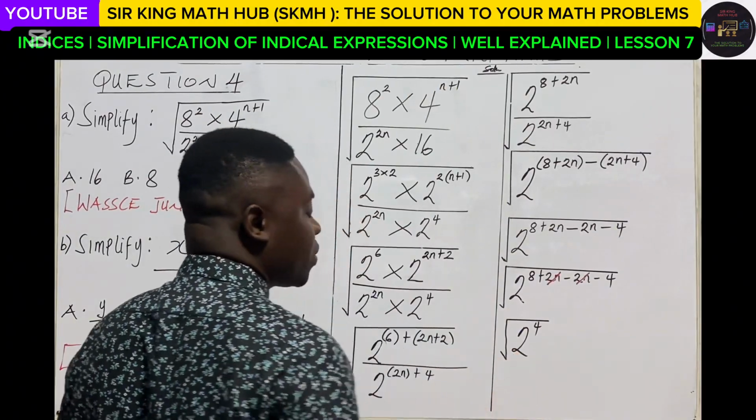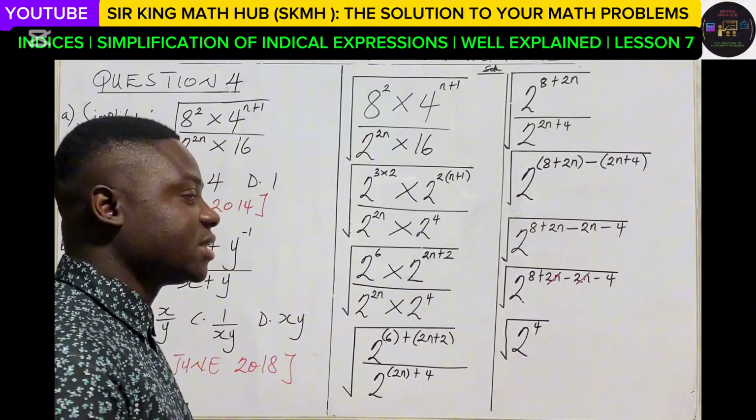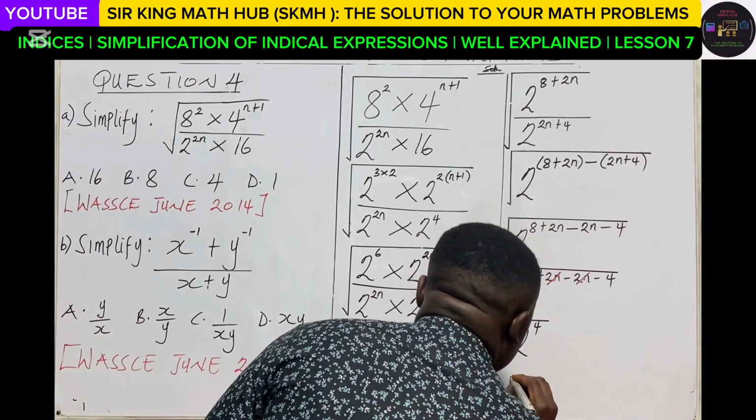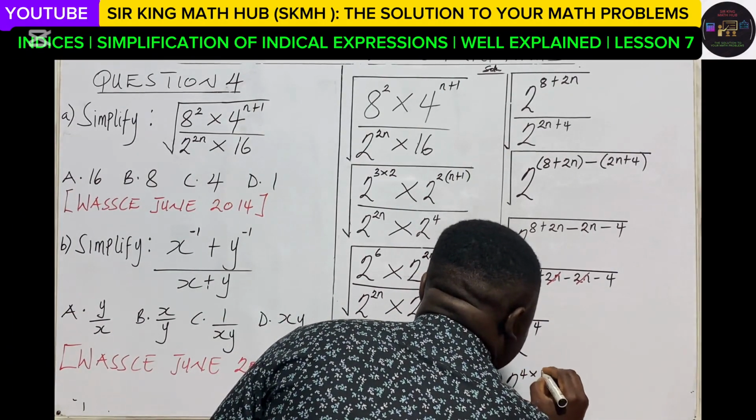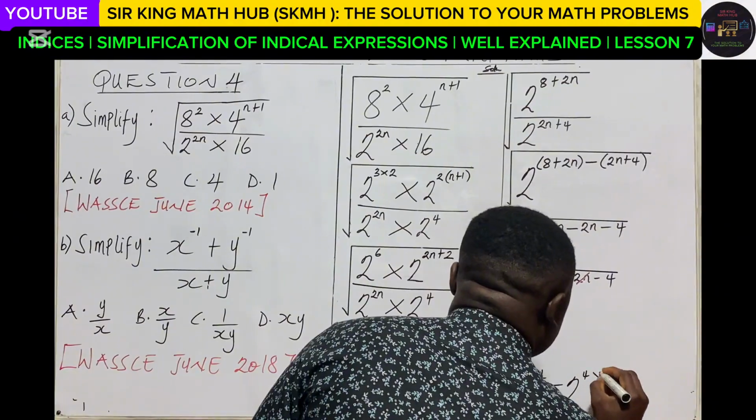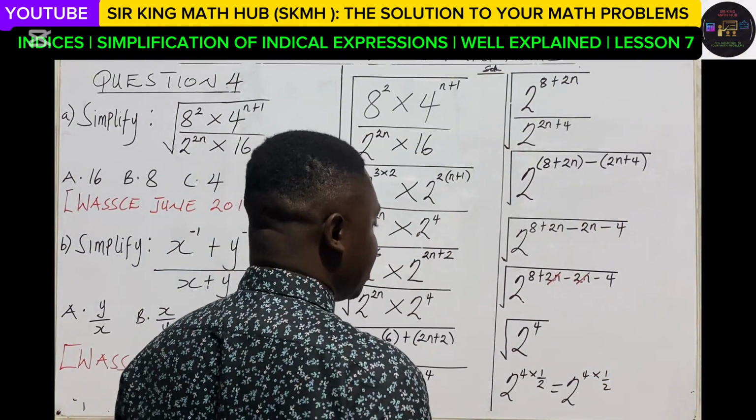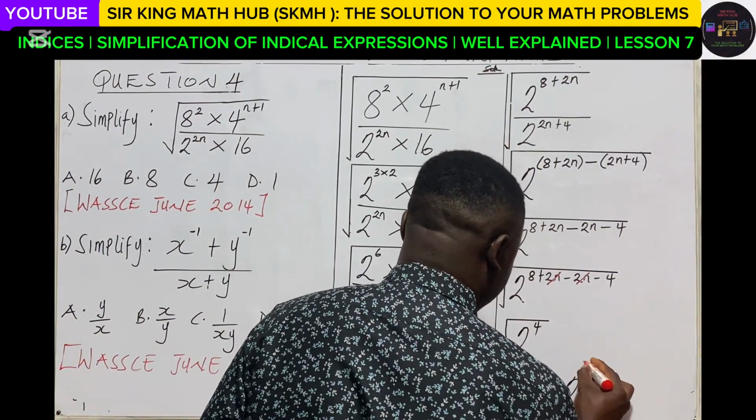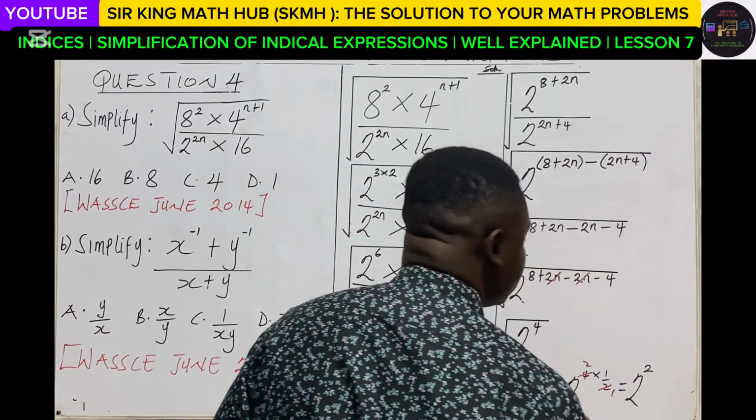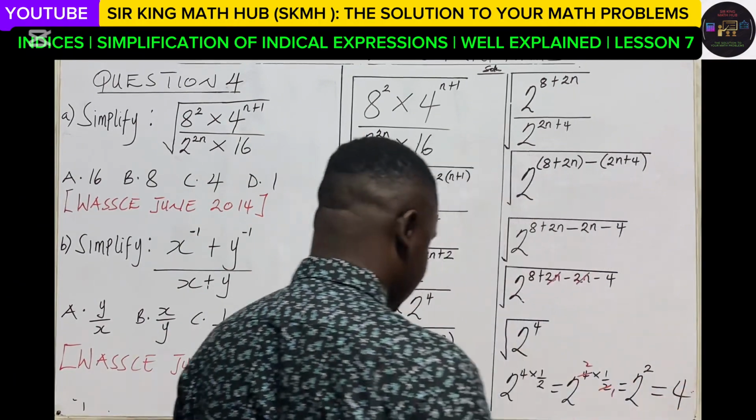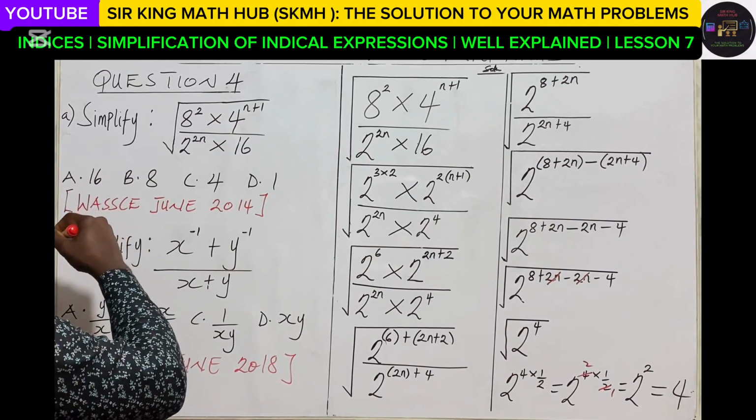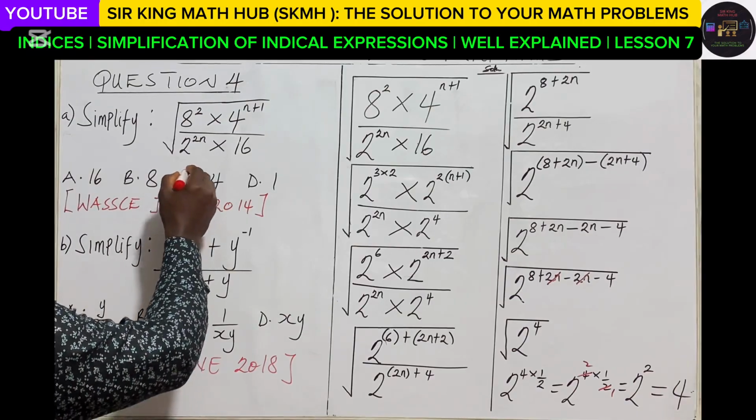And we can do away with the square root sign. Recall from the fractional index, the square root of a number is the number exponent half. So this could be written as 2 exponent 4 multiplying half. We can cancel out. 2 goes here 1, 2 goes here 2. So we are left with 2 exponent 2. And 2 exponent 2 is simplified as 4. So the right answer to WASSCE June 2014 objective is option